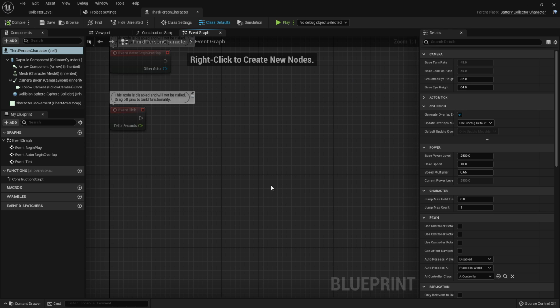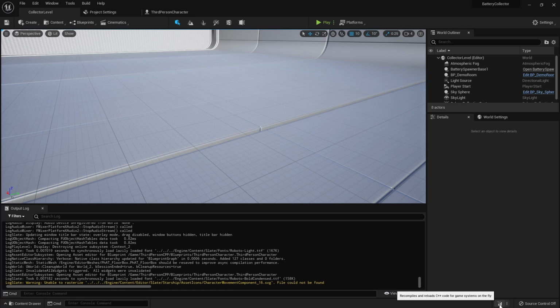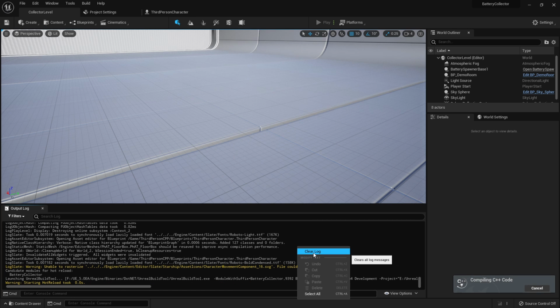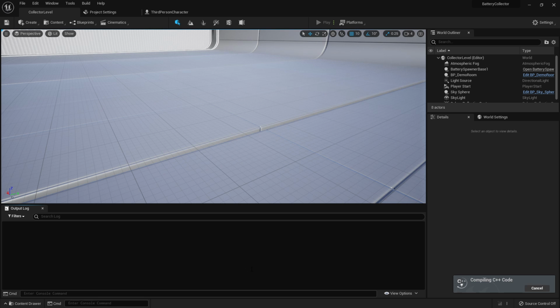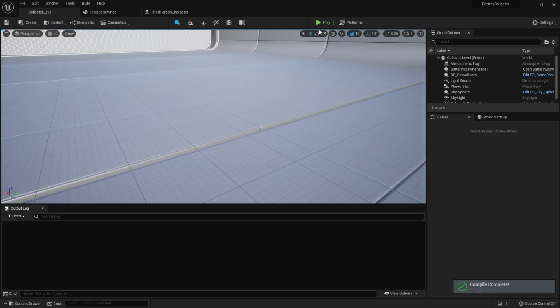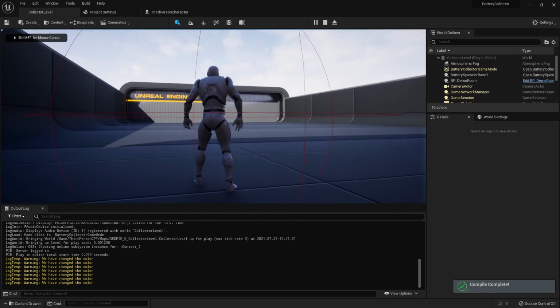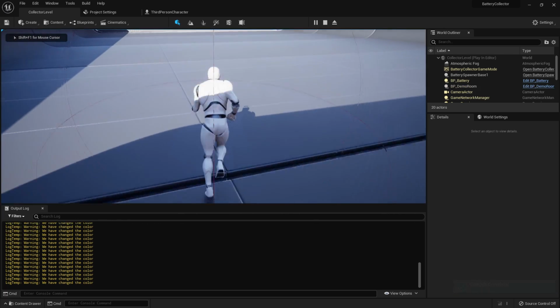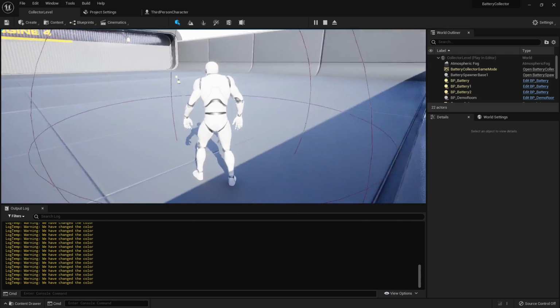So let's go ahead and switch over to the editor and compile that. Compile successful. So I'm gonna press play, and the function is getting called, but for some reason we're not changing